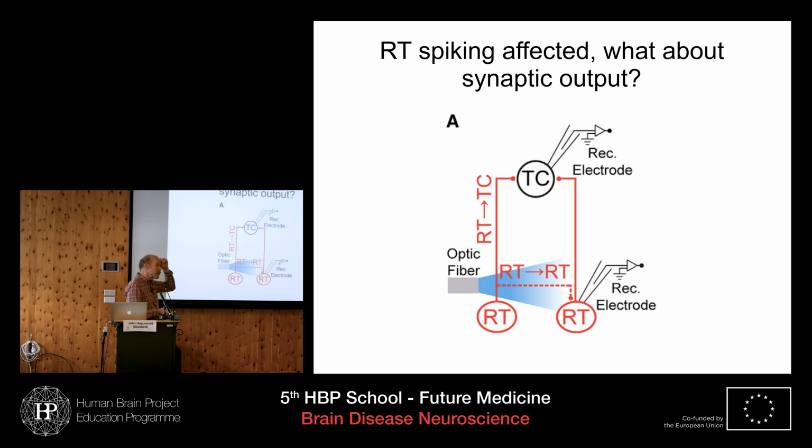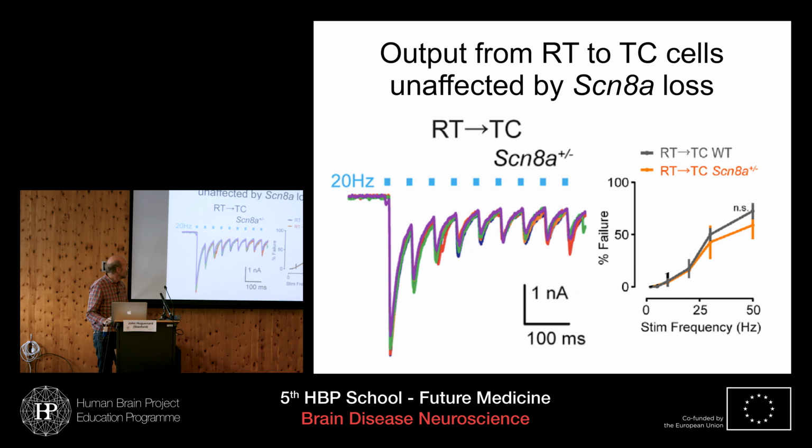It's a very powerful approach, because now we're saying, okay, what is the effect of this synapse on this cell, or the effect of this synapse on that cell? So Chris did this, and he looked at the output of reticular cells onto thalamocortical cells. So remember, this is the output that's driving the oscillation. When the TC cells receive this inhibitory input, they get pushed down and they fire the post-inhibitory rebound burst.